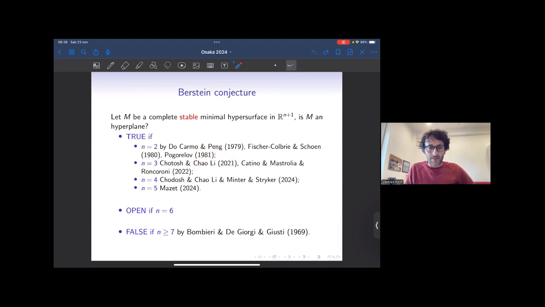For passing from n equal to 2 to n equal to 3, we needed a lot of time. But what happens in the meanwhile? Of course, the Bernstein conjecture was a central problem in the field. People continue to think about it, and in this period, 1981 to 2021, some other partial results arrive, in particular